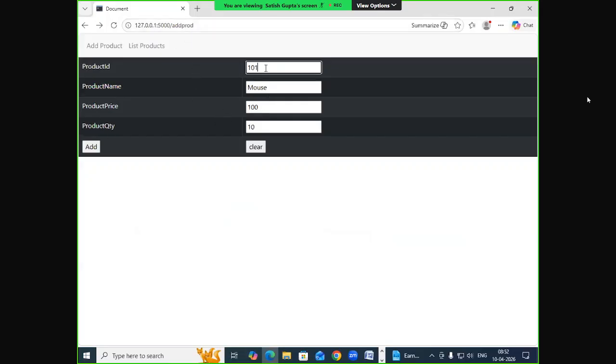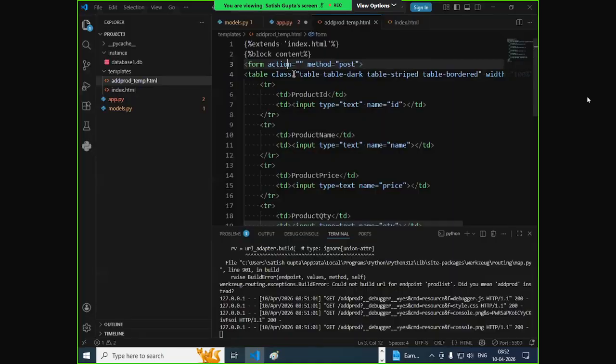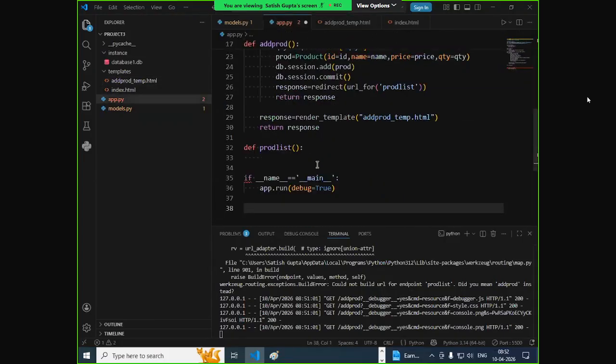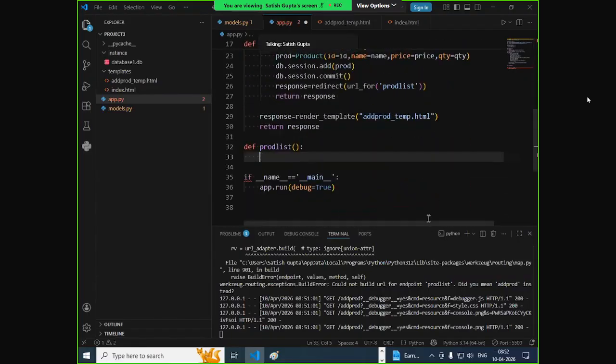Now this is a form. You enter the details, click on add. It is sending a request to which view again? Add product. But are you given any URL here? No, you are not given any URL. So it will try to send to the same view. Get the product details, get the product list. So you have to get the product list. How can you get the product list? You have to read all the products. Now, your model name is product. Now here I'm writing a